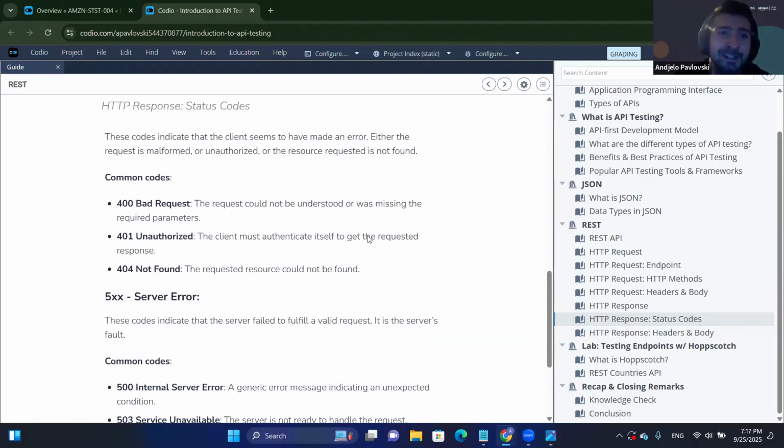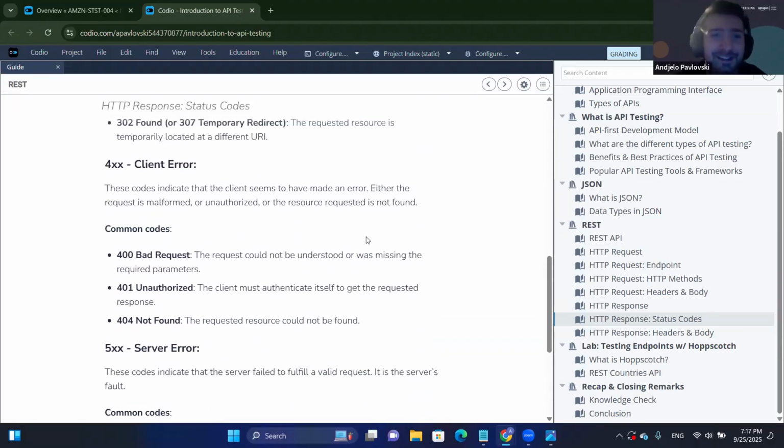Moving on, the one that most of us are aware of and have seen multiple times are the client errors that start with a 4. They indicate that there is some kind of issue on the client side. So it's not something related to the application. The application is running, the pages are good, everything is okay. It is something related to us as clients, meaning we are maybe unauthorized, so we're forbidden from accessing the resource. Maybe we missed something in the URL, so the resource does not exist, or we have a bad